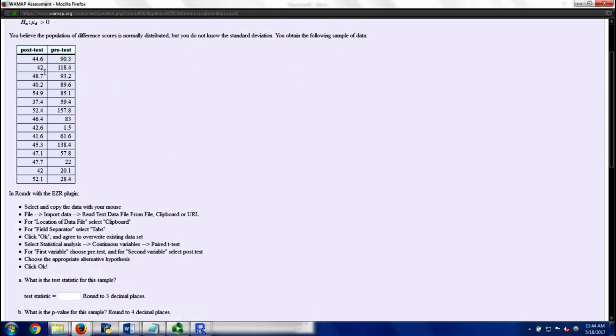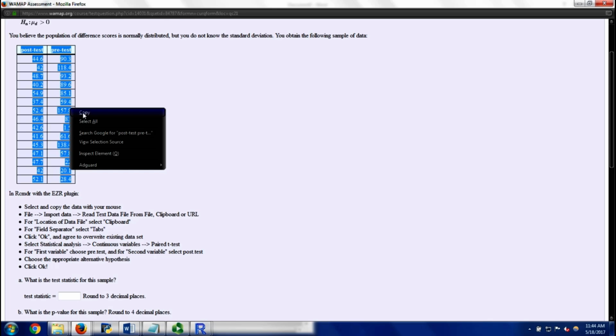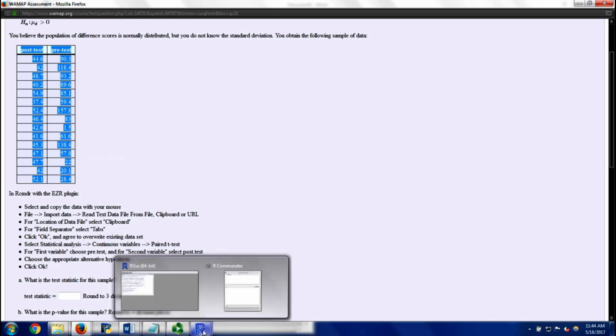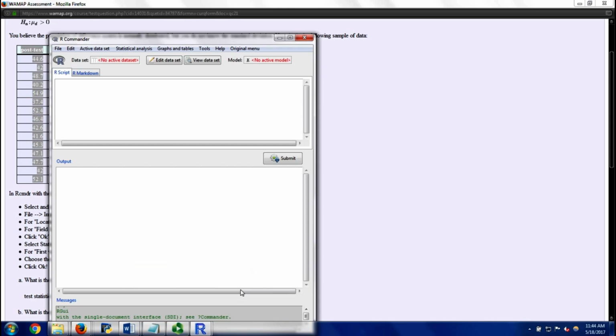So what I'm going to do then is copy this whole data set. I come here to the name, and I hold Control and move my mouse down so I select it all. Right click, copy. Now it's in my buffer. I go to R, and R Commander and EZR,